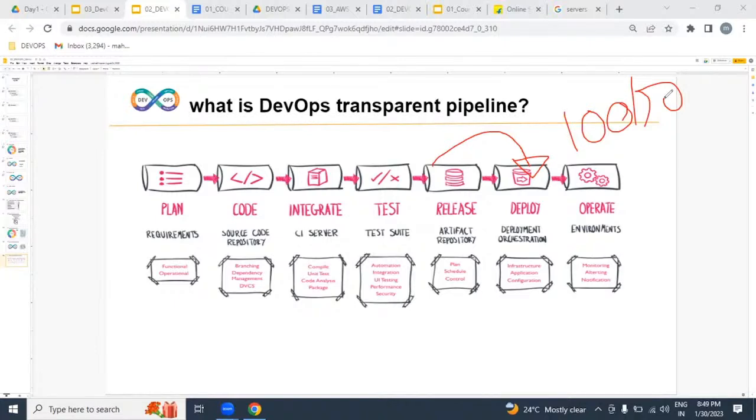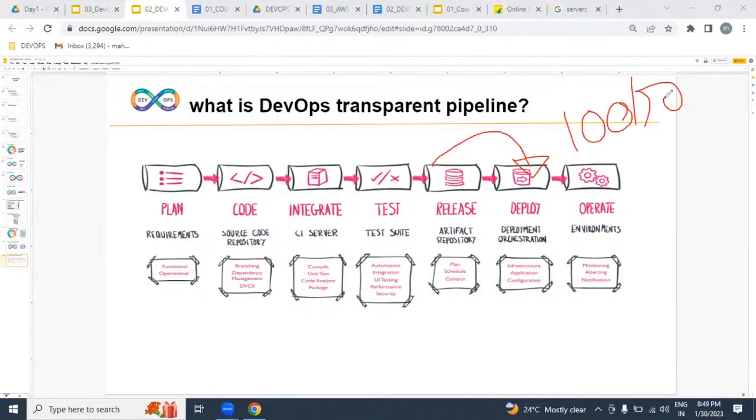Just think about it. In hundreds of servers, even let us consider them as laptops, I want to change one letter in a file. Open a file, change one letter. But this is an activity I want to do on hundreds of servers. How difficult, please think about it. If it is one server, it is very easy for us. But if it is the same thing on hundreds of servers, how difficult. Will you be able to complete it by the end of the day? Never. No, it is not possible.